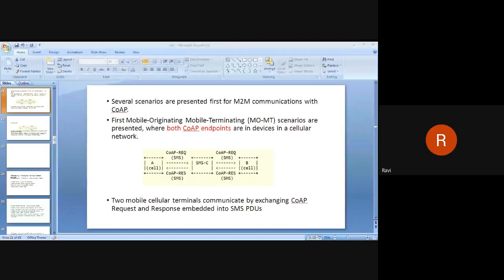See, gateway is not used every time as a transcoder. Okay, it is not always used as a transcoder. In case my server is there in one domain, and the client is there in another domain, and those two domains are using different protocols, okay, then those two have to be connected via gateway.